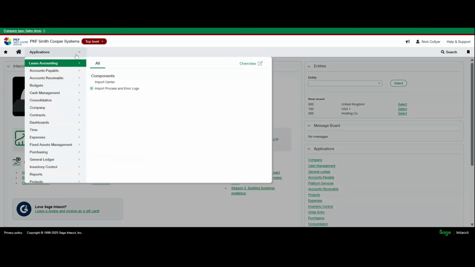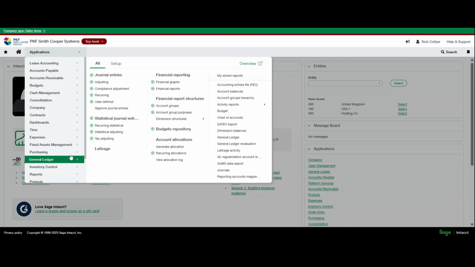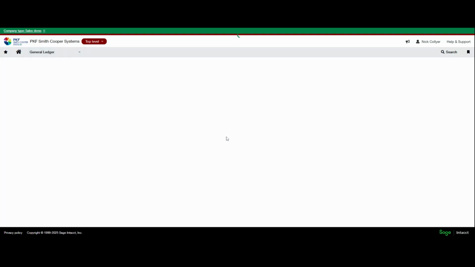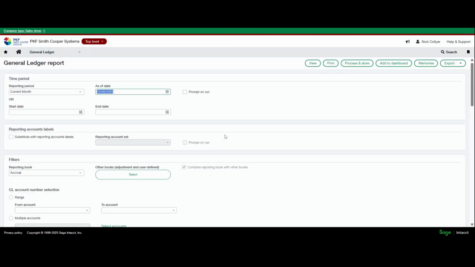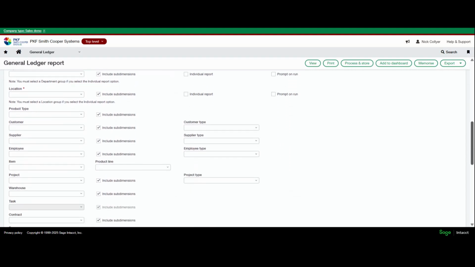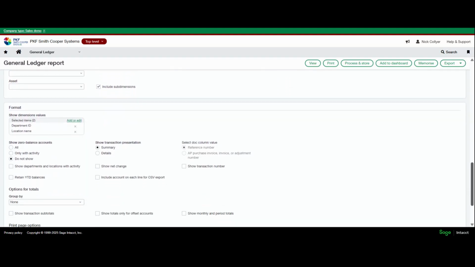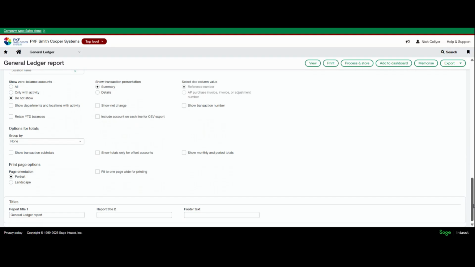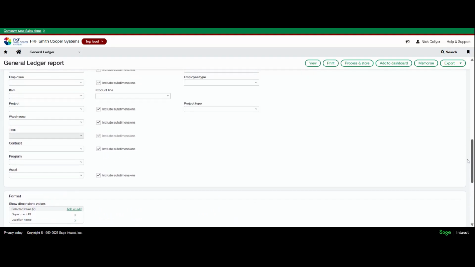So if I just start by selecting a super simple example like a GL report, what you'll see straight away is that I get taken to this page where I have various filters which let me define the conditions of my report. And what you'll notice by the size of the scroll bar on the side here is that essentially I have a lot of variables and parameters to tinker with. And these essentially enable you to produce super specific iterations of your reports, like we're going to do with our